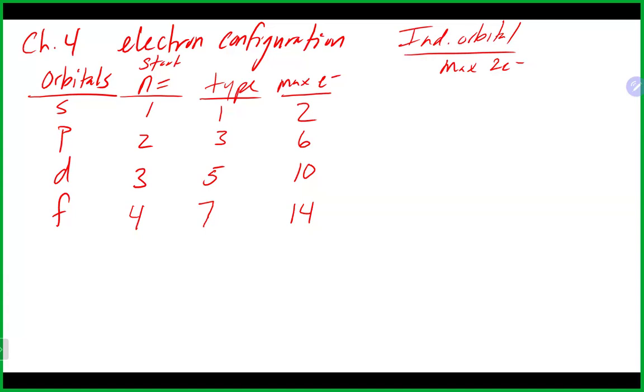So there was that little chart that you can make really easily, and we talked about how to make it. So one more time, basically, this column is really a good thing to know. So you know that s's start on the 1s, and again, if you go down to the right a little bit, p's start on the 2, d's start on the 3, and f start on the 4. So if you just go diagonally down there, 1, 2, 3, 4,